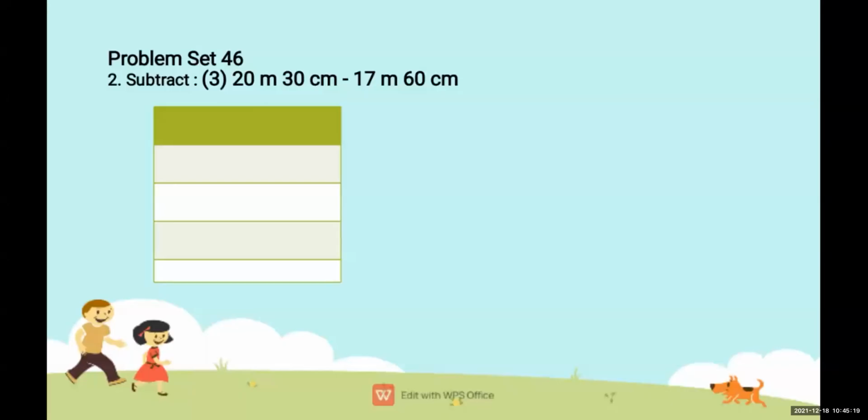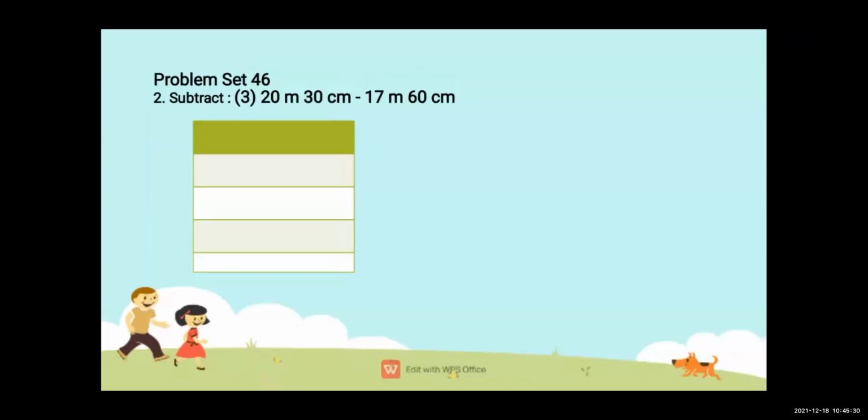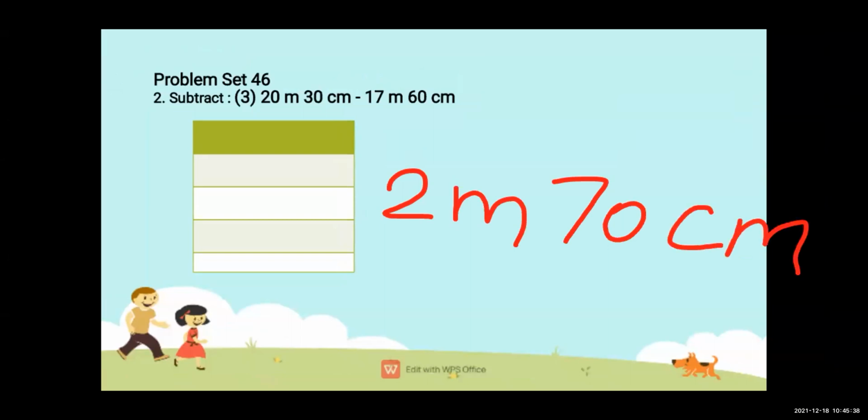So many of the students have given me the right answer, and the students who have made a little mistake, I have told to redo and just check. The answer is 2 meter 70 centimeter. Just cross check the answers with those students who made a little mistake. It is 2 meter and 70 centimeter. Clear everyone? Okay. Now we'll move to the next practice set, and it is totally related to our word problem.